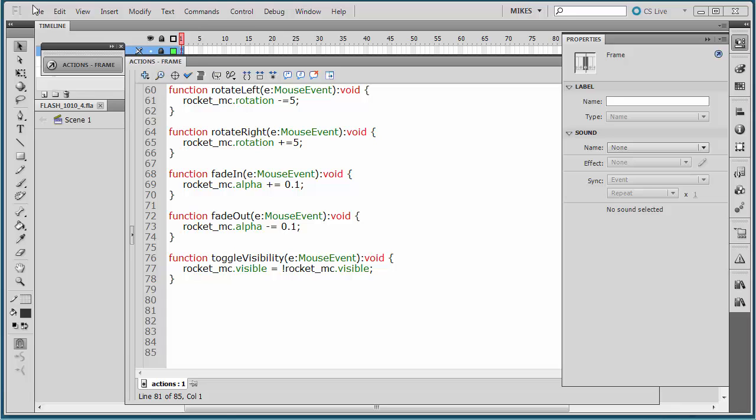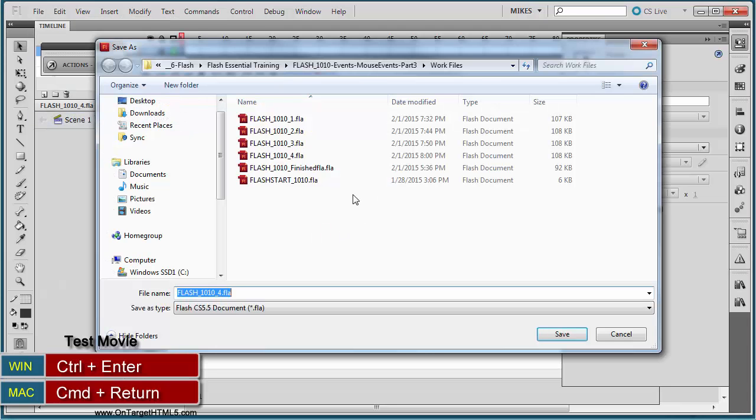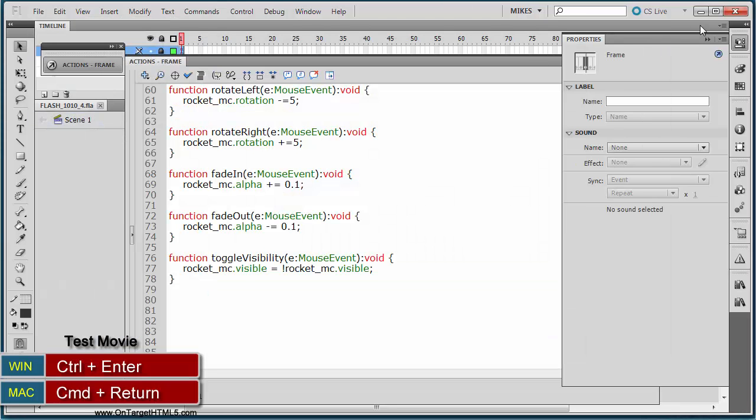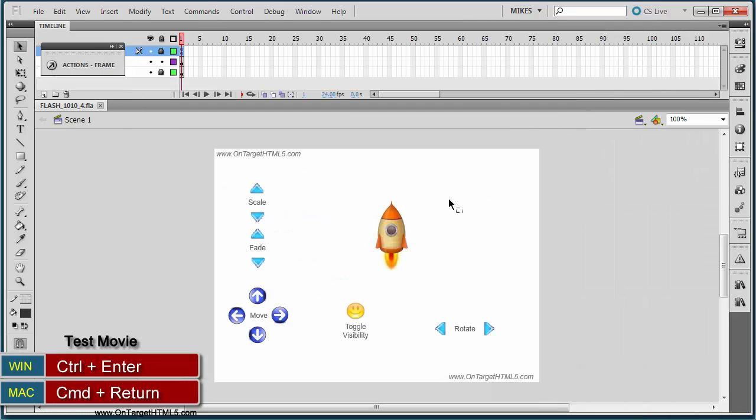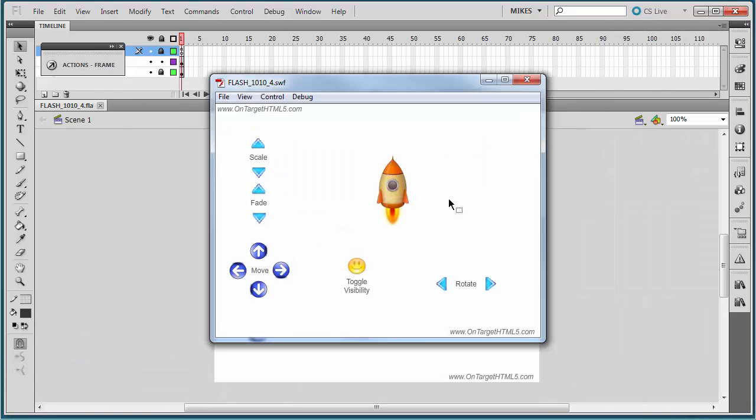Let's go ahead and save all our changes, and let's go ahead and test our movie. So I'm going to go ahead and close those property panels. Let's go ahead and close our ActionScript. Control Enter on Windows and Command Return on the Mac to test. So I can scale up, I can scale down, I can fade out, I can fade in, I can move it,